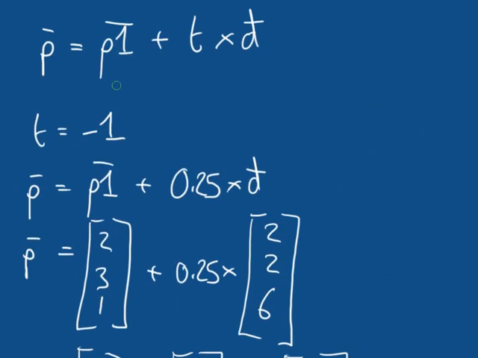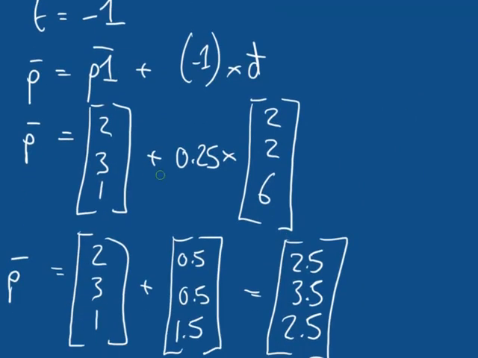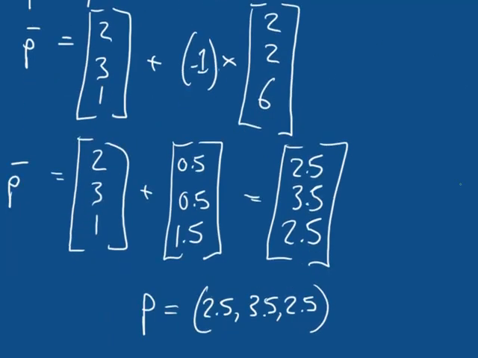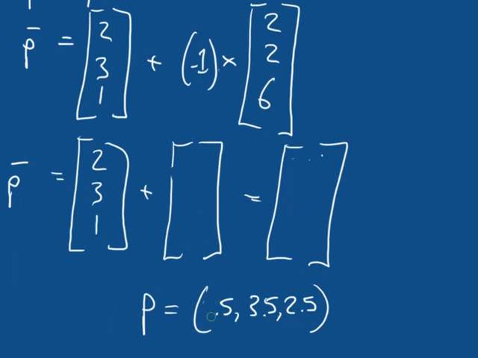Well, that means if p is equal to p1 plus t times d, then p is equal to p1 plus -1 times d, which means p is equal to the vector 2, 3, 1 plus -1 times the vector 2, 2, 6, which means, as I erase these, and these,